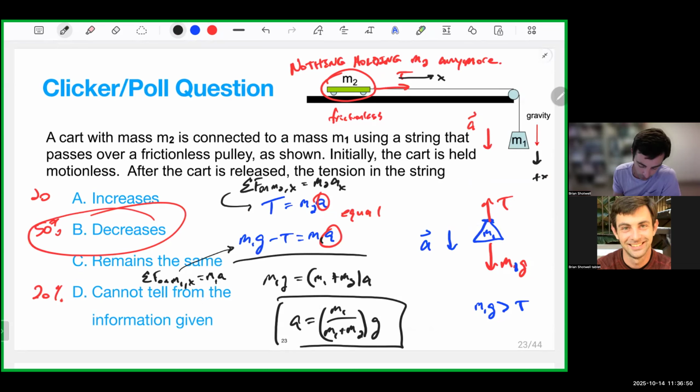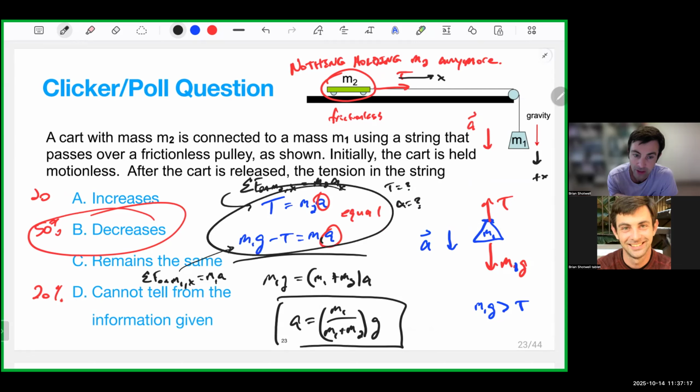When you set up those two equations, you get two equations for two unknowns. We don't know the tension and we don't know the acceleration. But written this way, it's easy to solve by elimination. We can add the two equations together, so add the two left-hand sides together and add the two right-hand sides together. And when we do that, and this is common with tension problems,